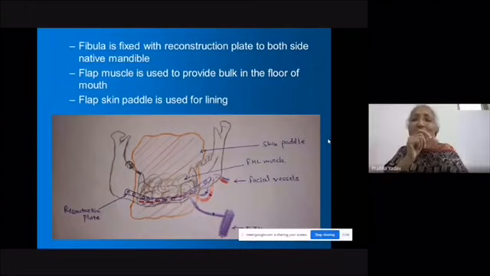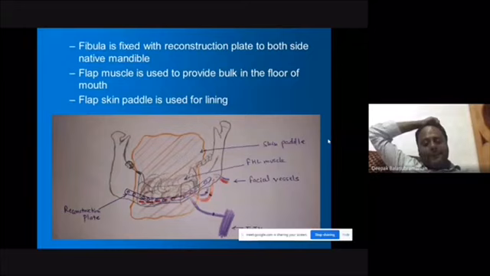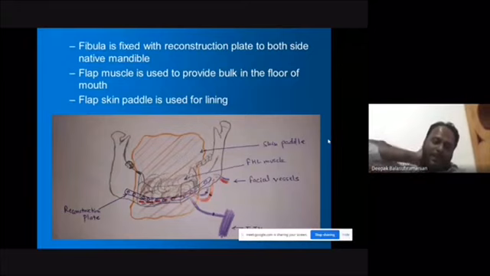What is the difference between locking and non-locking plate? If you use a locking plate, what will happen? If you use a non-locking plate, what will happen? See, basically in mandible reconstruction, it is the plate which gives the contour. If you use a locking plate and drive a screw, the screw will stop after a certain point. The fibula segments will not be drawn towards the plate because there is a groove in the plate which prevents you from driving the screw further. So you won't distort the fibula segments and theoretically you won't compress the periosteal blood supply.